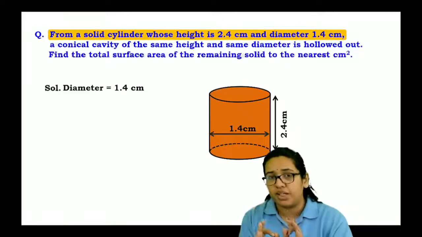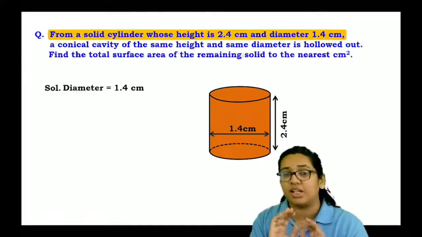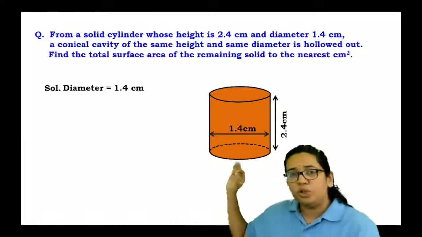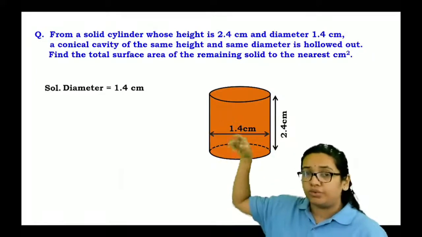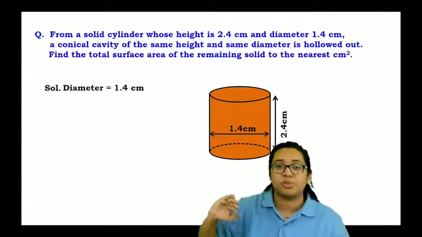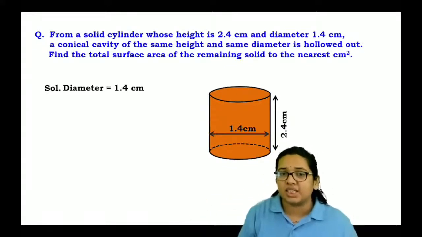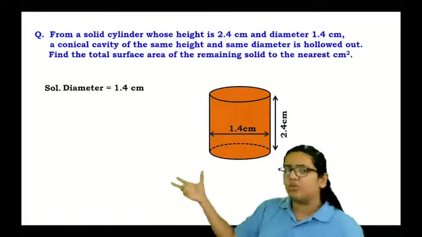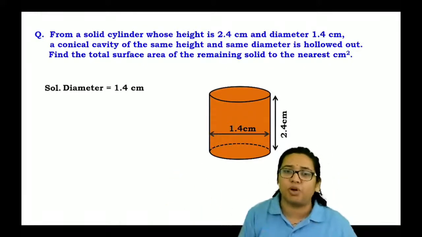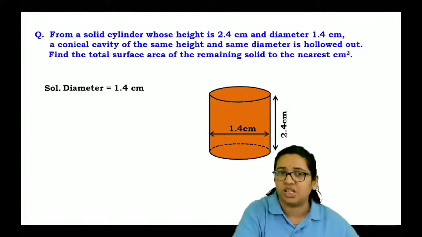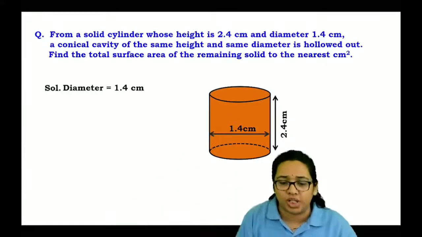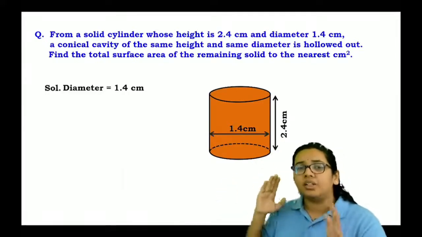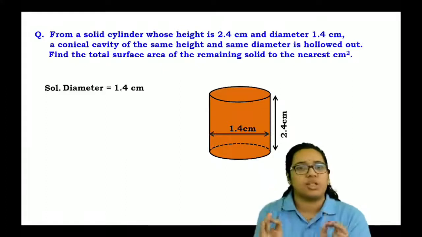See, what you have to find out, the question is related to surface area only. If this question were related to volume, then you would subtract the volume of that cone from the whole part. In today's lecture we are going to see questions related to surface area. Once we are done with this mixed type of questions based on surface area, then we go for volume type questions. But for now, the part will be curved surface area, because total surface area is nothing but